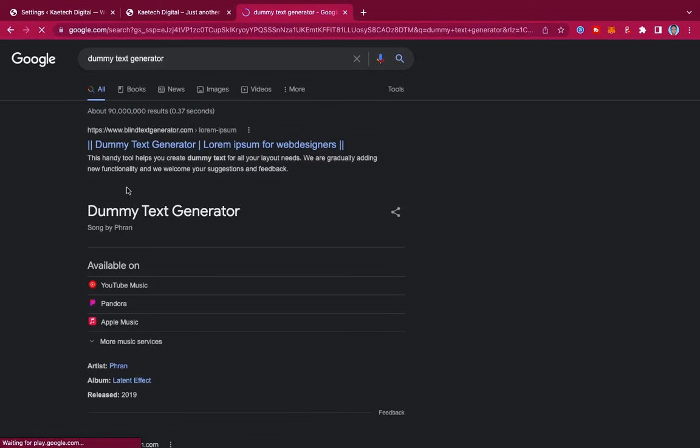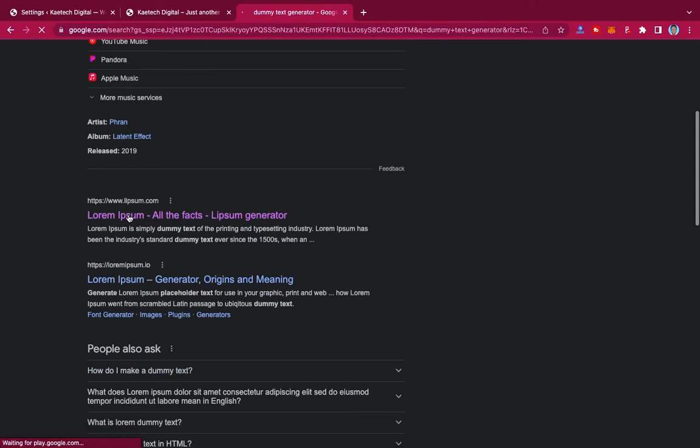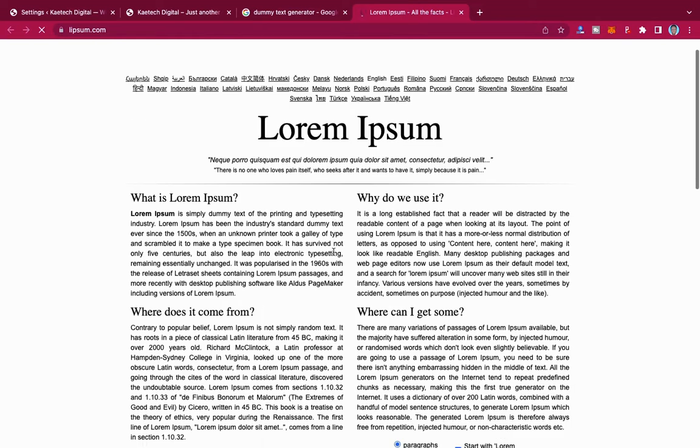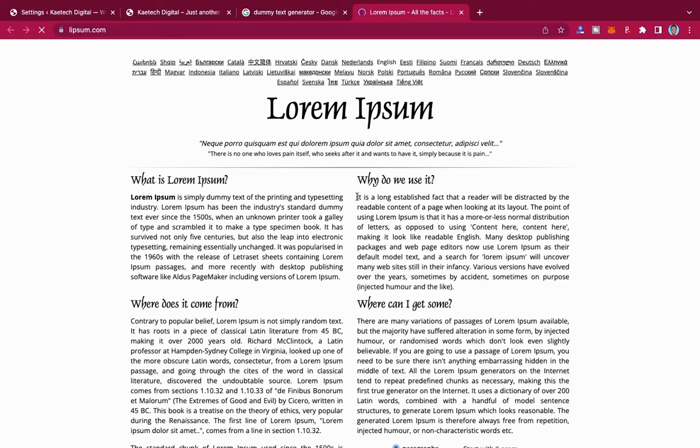Okay, so I'm going to use this one. Okay, lorem ipsum. Okay, very good. So I'm going to copy just this dummy text over here. I'm going to just copy some few dummy text over here,